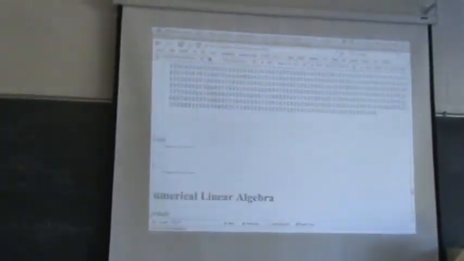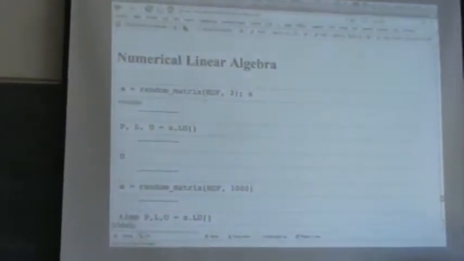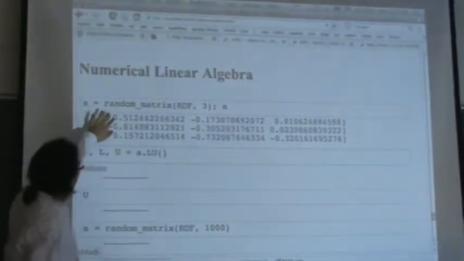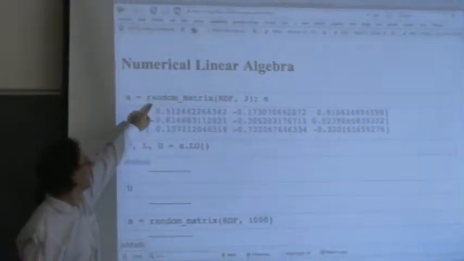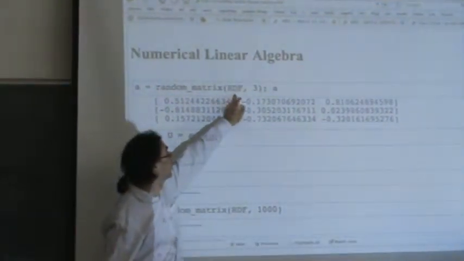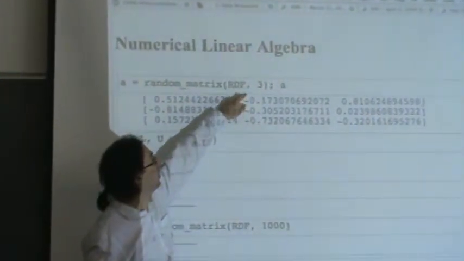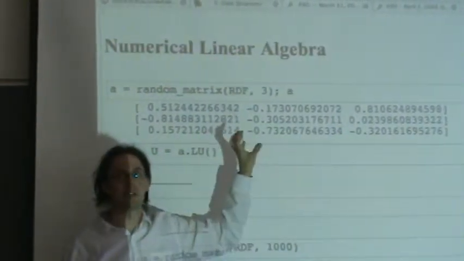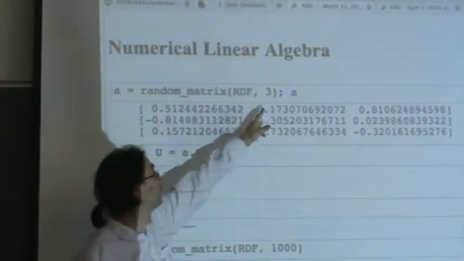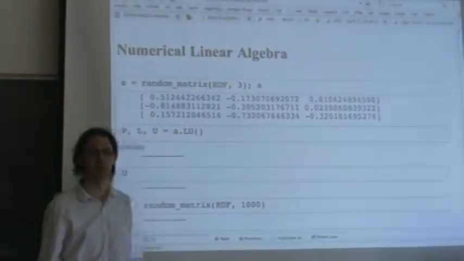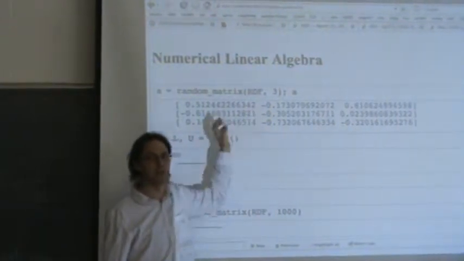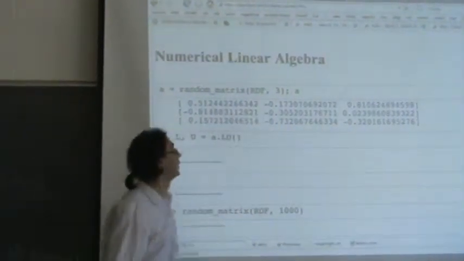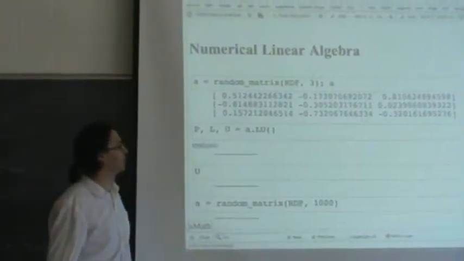So getting past pi, here's an example of numerical linear algebra. I just made a 3 by 3 matrix, and I used the random matrix command, which makes a random matrix. And it's a pretty flexible command. What you give in the first position is the ring or field where you want the entries of the matrix to lie. And in the second position, you give the size of the matrix, the number of rows and columns. So here, since it's square, I could just leave off the number of columns and just give the number of rows. The default, if you only specify one thing right there, is that it's square. And there's the matrix that I get.